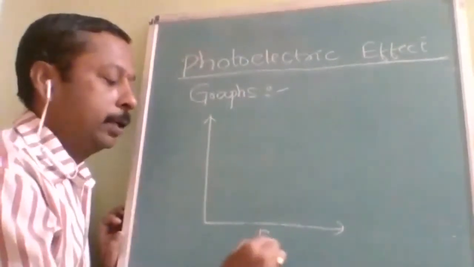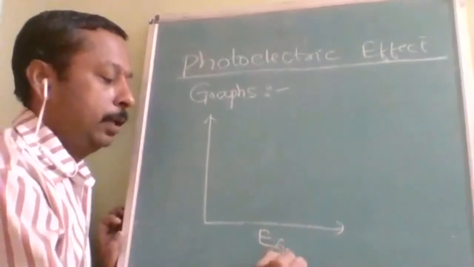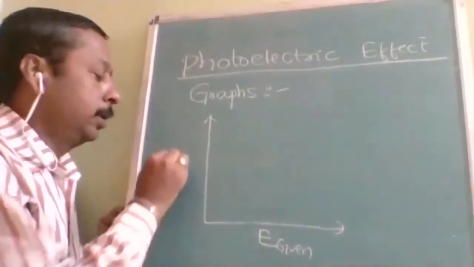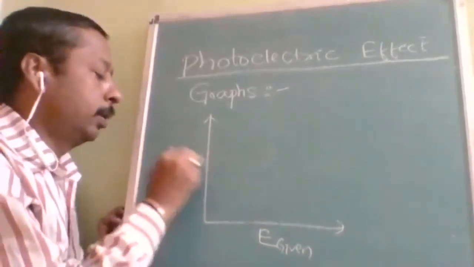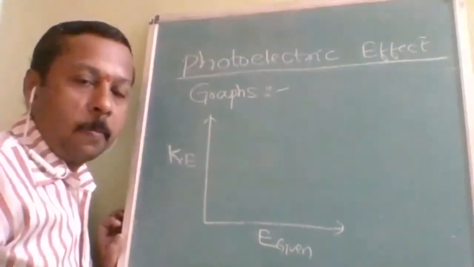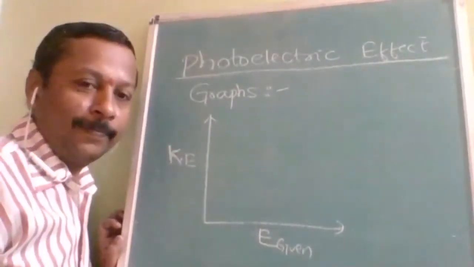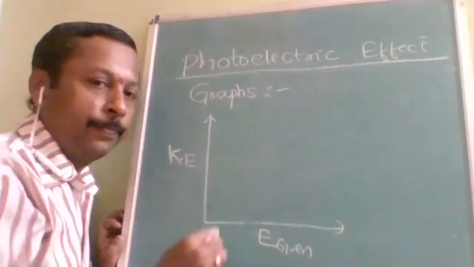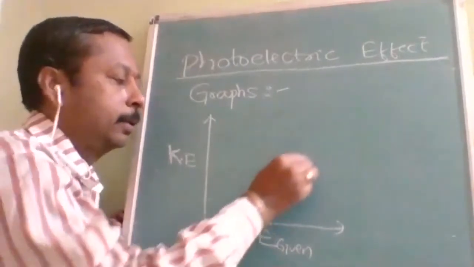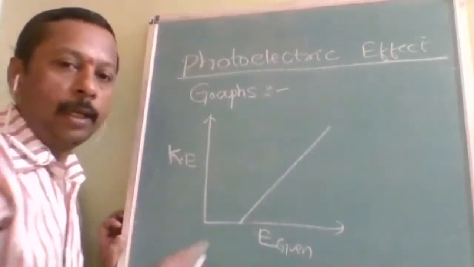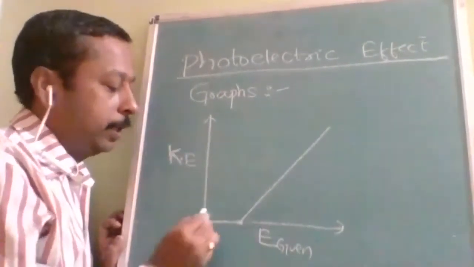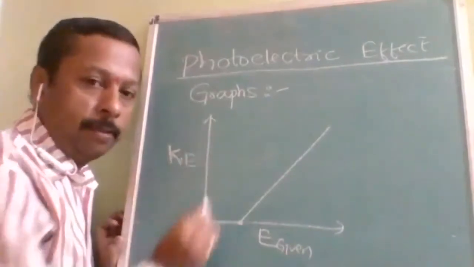Here I will write the energy given to the metal, and here it is kinetic energy. Now what will be the graph? Like this. So the energy from which kinetic energy is zero and after which it keeps on increasing,